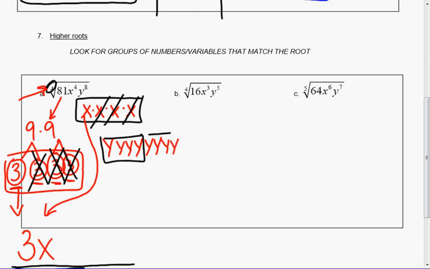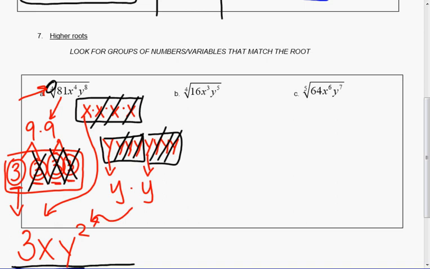And we're looking for groups of 4. So there's one group of 4, there's another group of 4, so I write that as y squared. Because remember, these 3 get canceled out and 1 comes out. But remember, we also have a group over here where 3 don't come out of jail and 1 comes out. So we end up getting y times y, which is that y squared. So go ahead and try B and C on your own, and you have concluded day 2 of Unit 6,